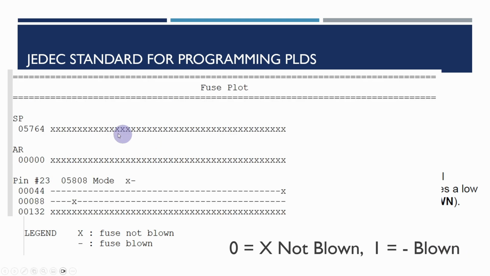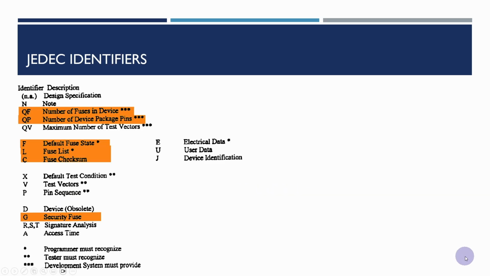And then when we look at the fuse plot information that I showed you in the doc output file, you can see here that these are all where the fuses have been blown, and there are just two entries left here, and the reason for that is that this is the second example I'll be showing you in a few minutes. If we look at the extract from the JEDEC standard, this is the table with the